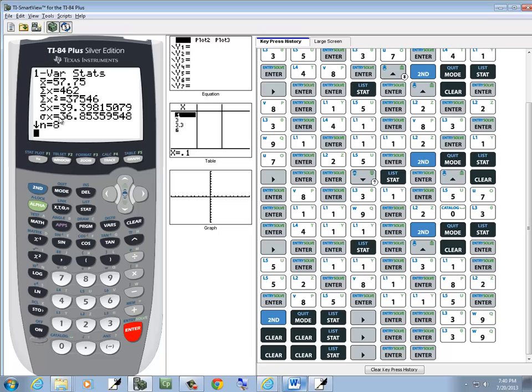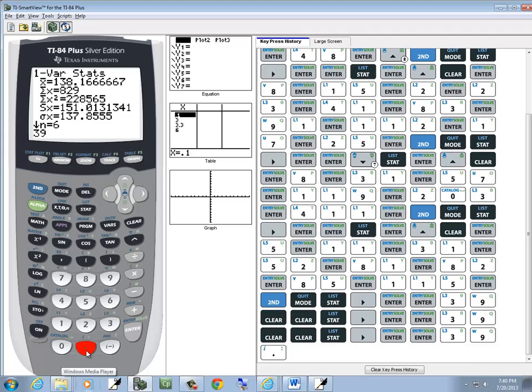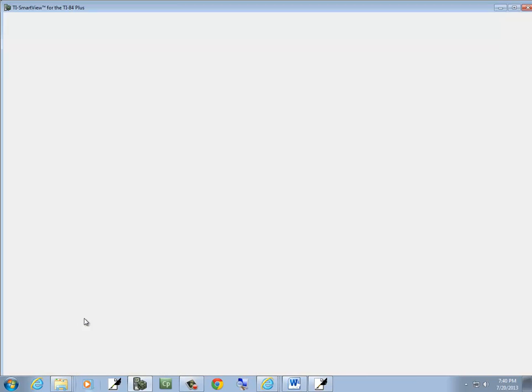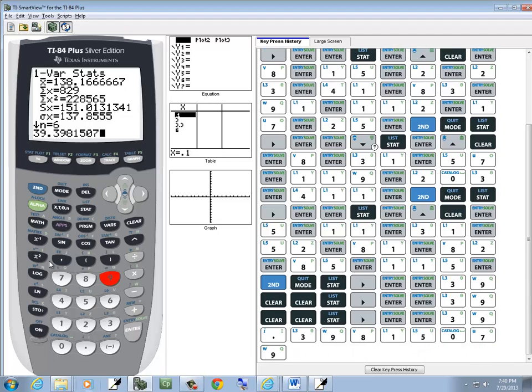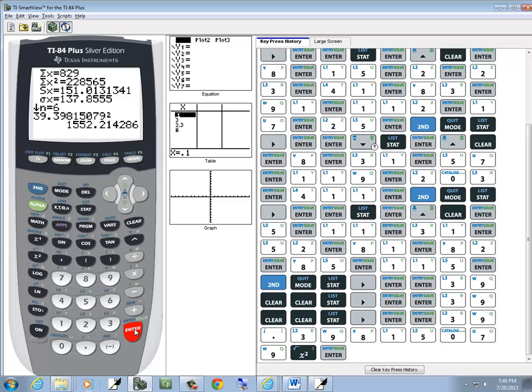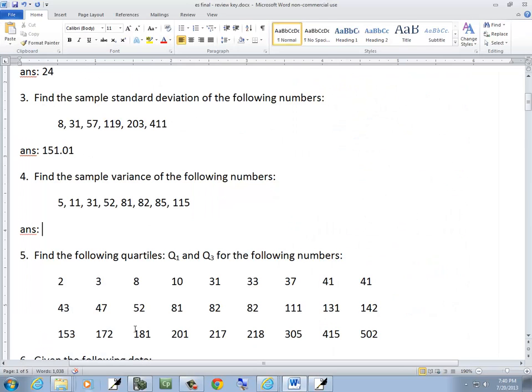If it's asking for population variance, I'd square the sigma x. Okay, so I got 39. That's so bizarre, it changes the numbers there. 39.39815079, and then push my x squared button. And to 2 decimal places, our answer would be